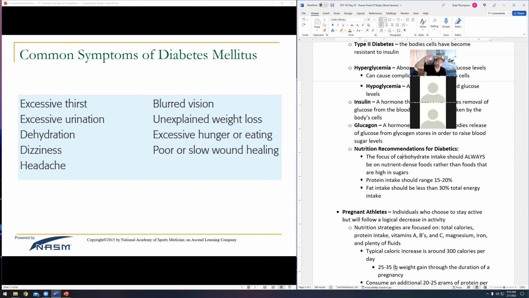So if you have sugar in your eyes, running through that, it can't properly move oxygen around. So the cells in your eyes don't function properly, so it can cause blurred vision. Sometimes we'll see unexplained weight loss that's usually associated with type 1 diabetics, where basically their body is not creating enough energy. Excessive hunger, that's commonly associated with type 2 diabetics because blood sugar levels get low and they go up and they go down.